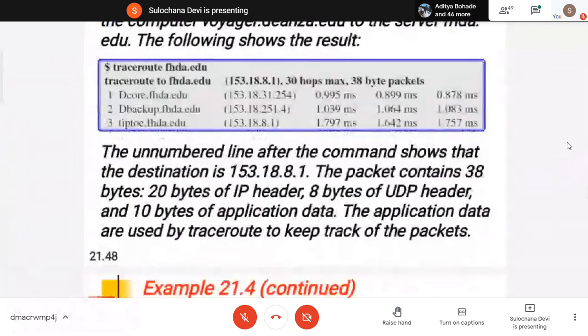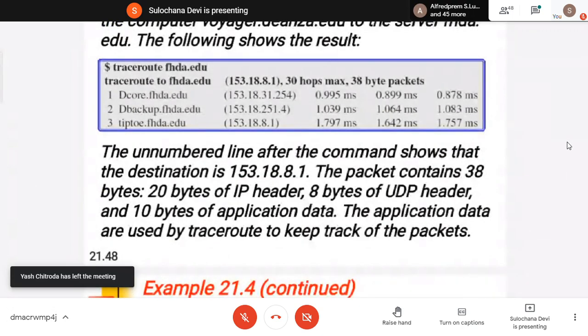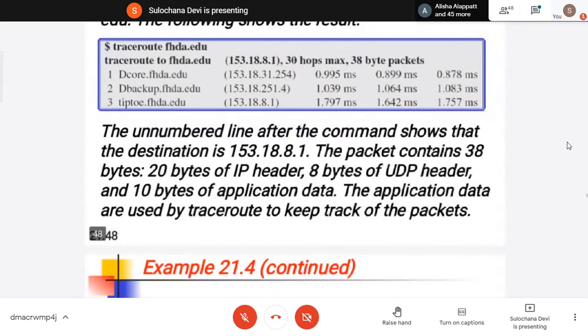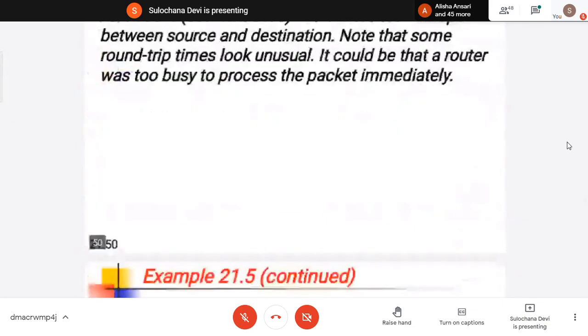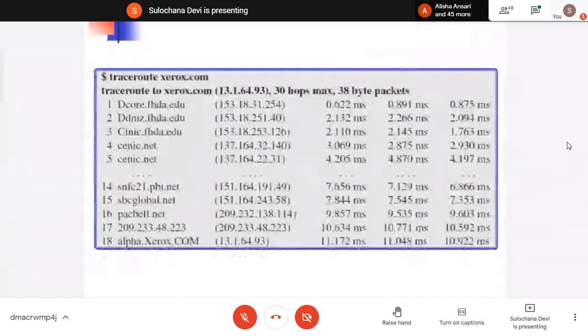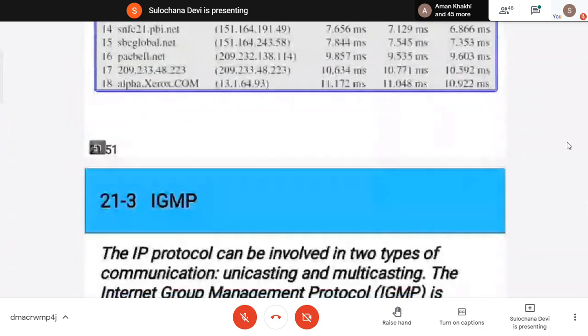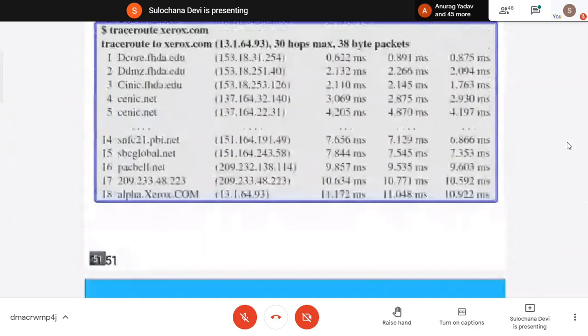Here it is using 38 bytes of data: a 20-byte IP header, an 8-byte UDP header, plus 10 bytes of data it is transmitting. This type of output we will get, maximum 30 hops.